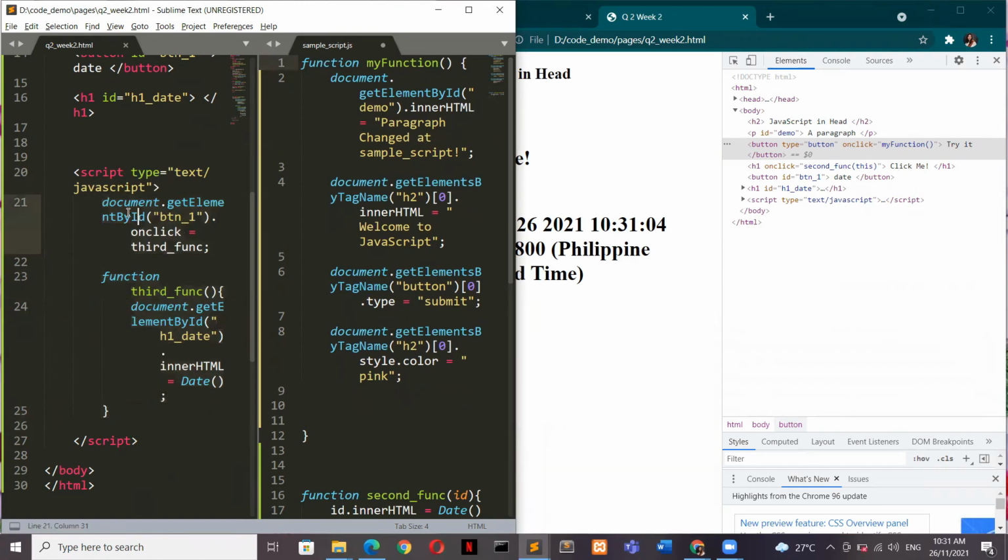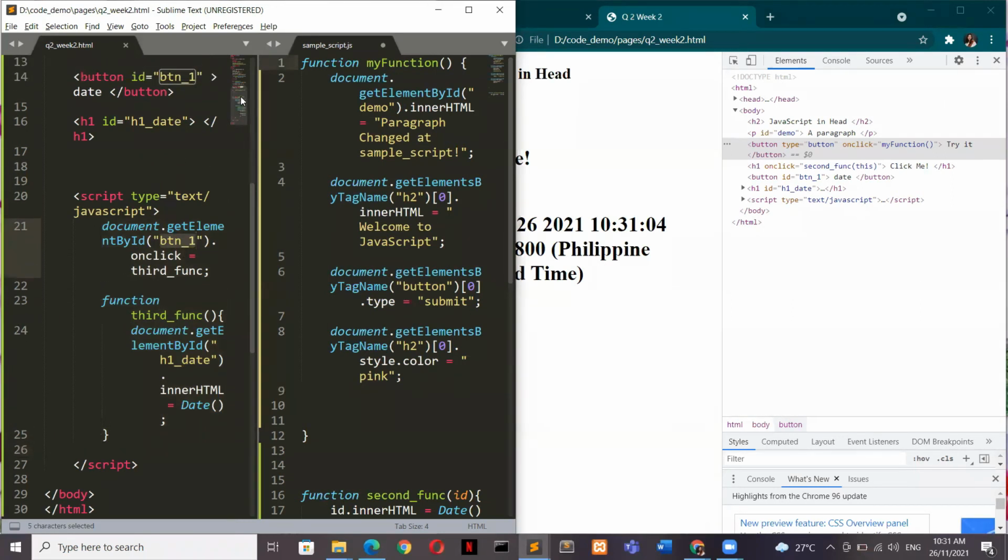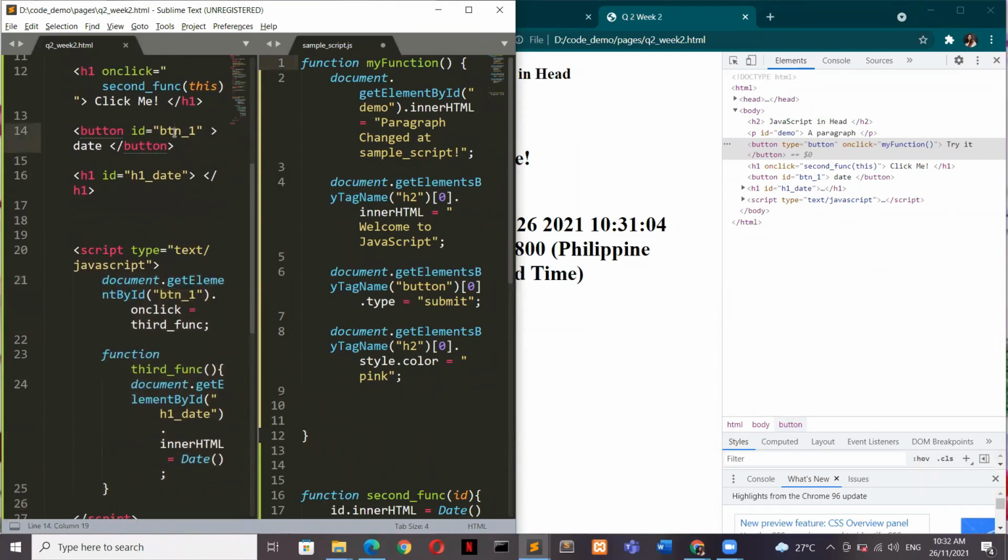Okay? So document tapos get element by ID and then ang ID na to kay btn_1 so muna siya. Tapos on click na attribute and then gitawag na to ang function name na third_func. Okay? And then sa baba, ang function na third function tapos empty ang parameter. Okay? Kaya wala man tayong nag-declare diri ang parameter. Tapos sa sulod sa function, document.getElementById